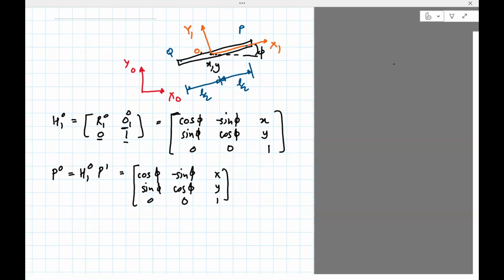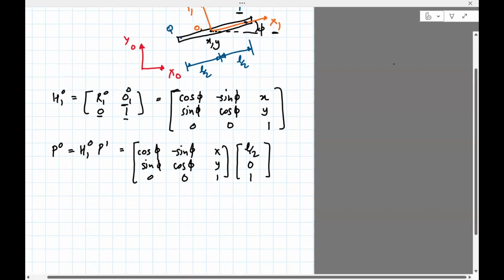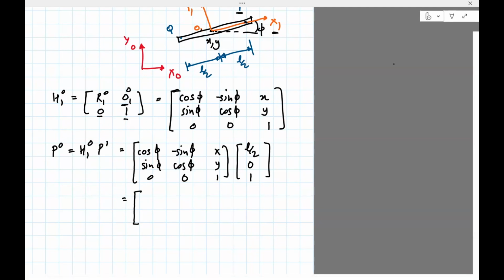Okay, and then we need to put in P, the position of P in frame 1. So we've attached a local coordinate frame, x1, y1, and we need to know the position of P in that frame. So we can see that P is along the x1 axis. So its coordinate will be L divided by 2 for the x1, 0 for the y, it's sitting on the x-axis, and then there's a placeholder 1. Okay, so if we do this multiplication, we would end up with